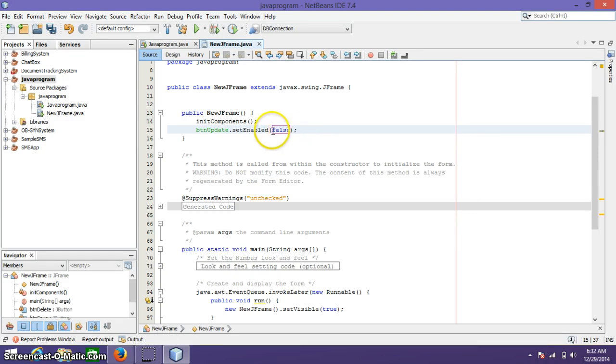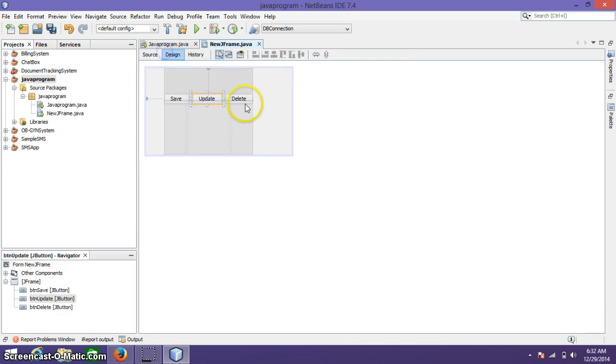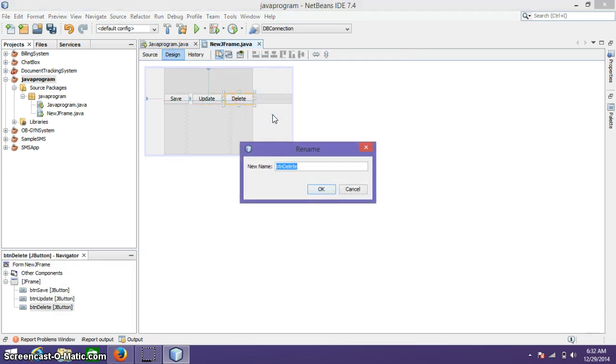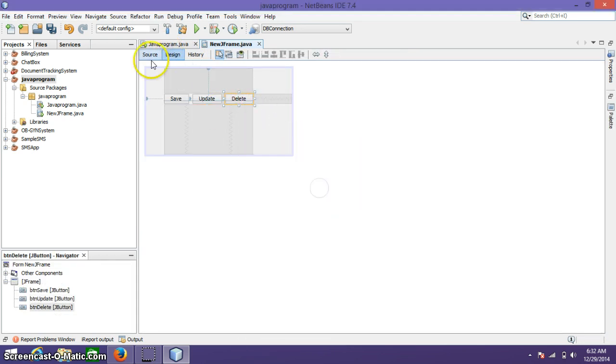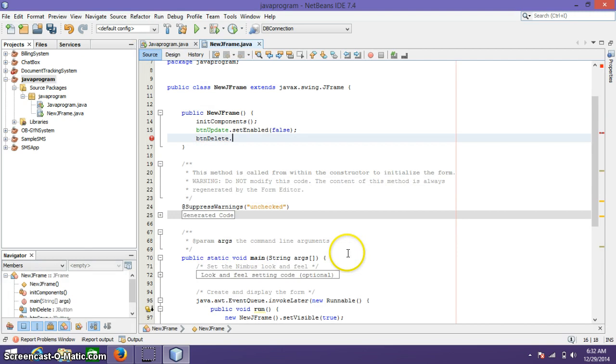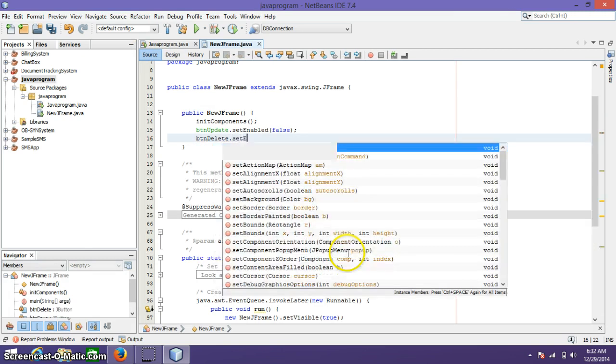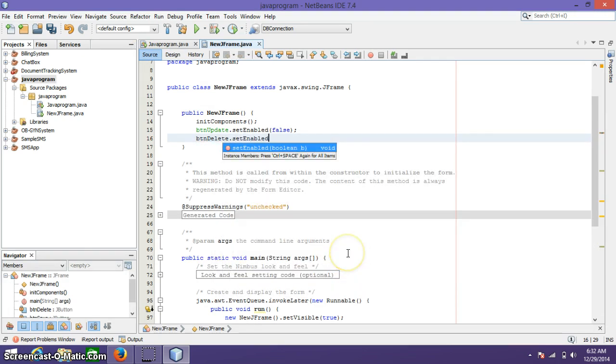Meaning if you change it to true, the button is always enabled. So btnUpdate, and the same with delete: setEnabled false.